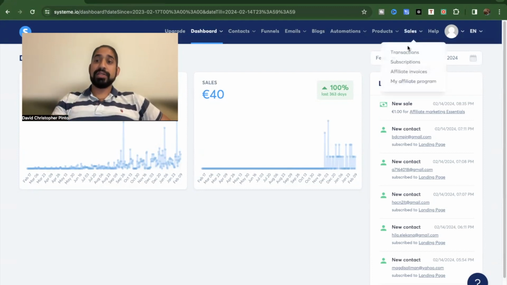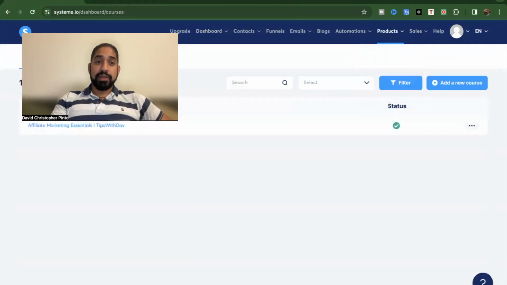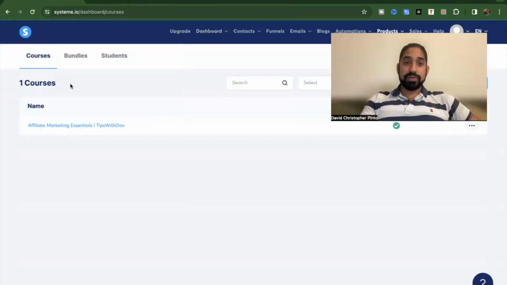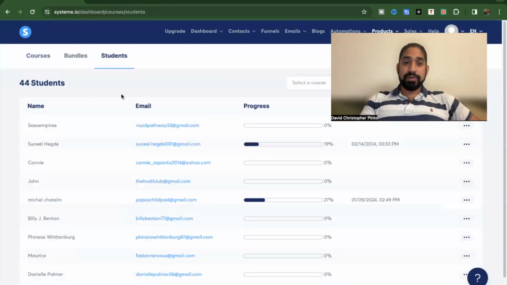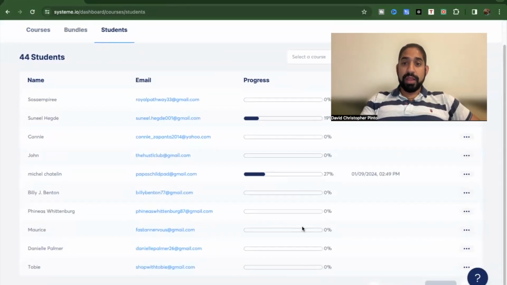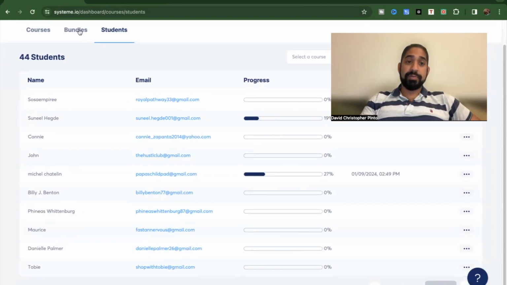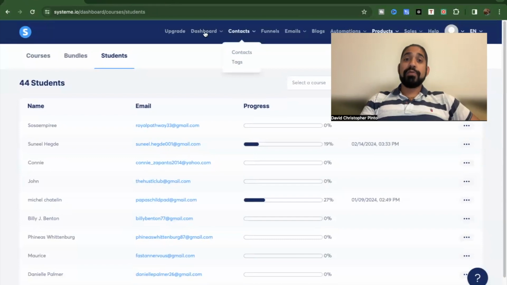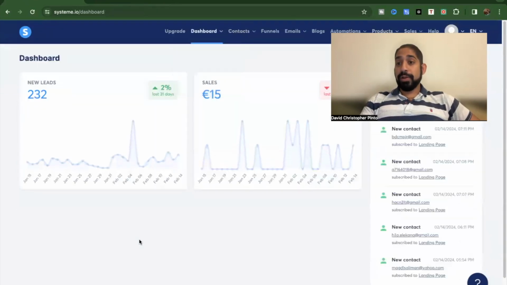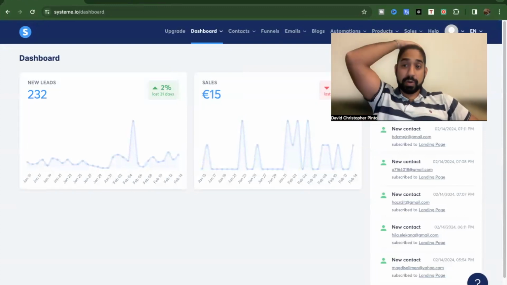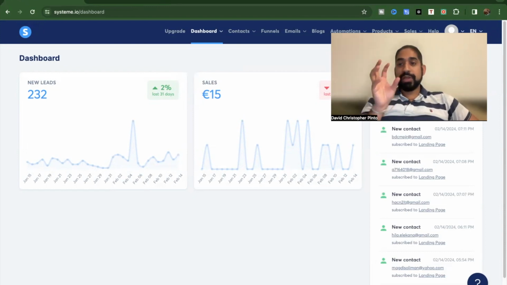So the statistics you can see within the course itself. If you go to products and then courses right here, you'll be able to see all the students, and you'll also be able to see all the progress that they have. Some people who have not got started, you can reach out to them, speak to them, and follow up with your community, and you can build a separate community within system.io itself. As a course creator, this is hugely advantageous for you, because you can create a course and a community at the side of it.